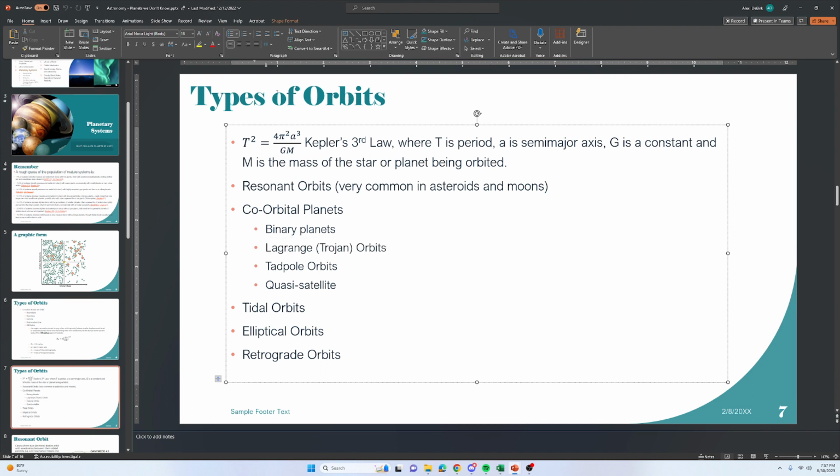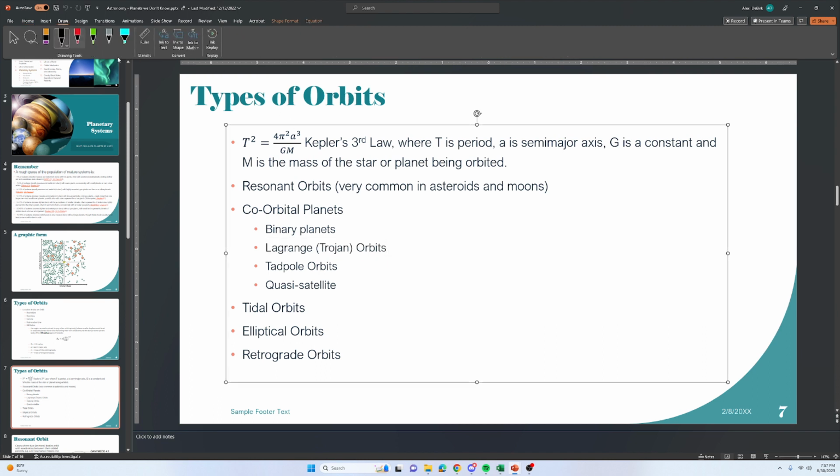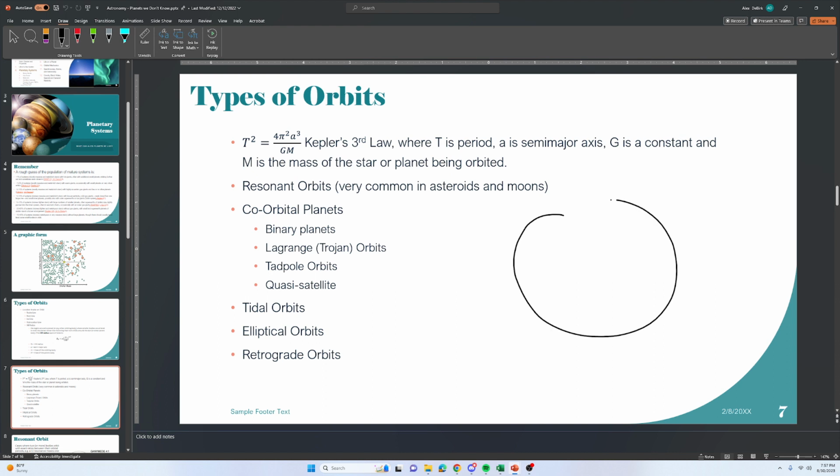You can have something called a Lagrange orbit. So if you think of having a circle, here's the orbit of